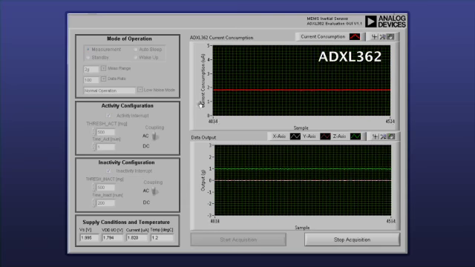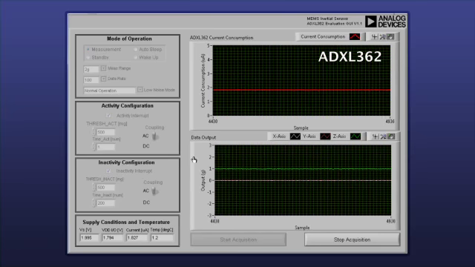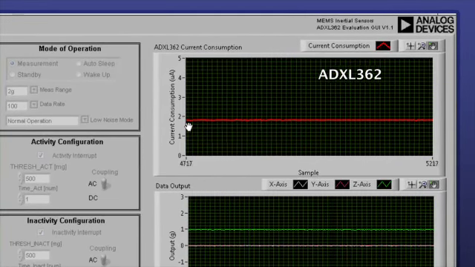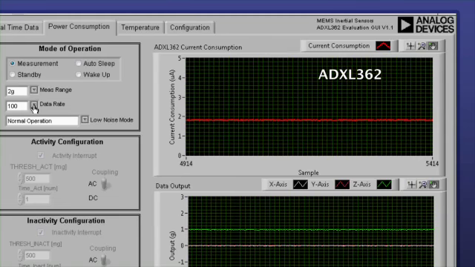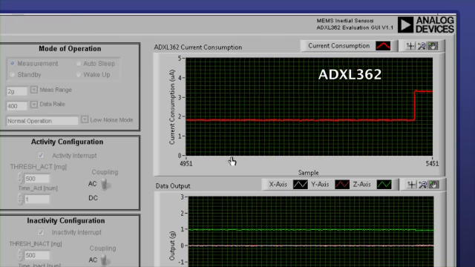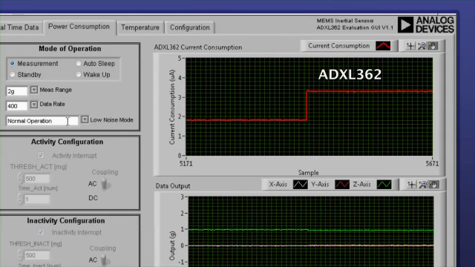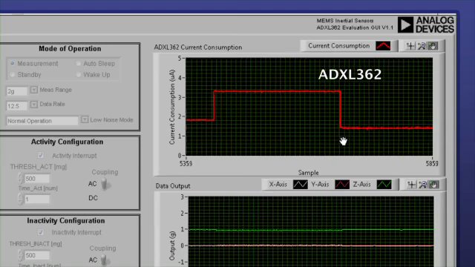I've got the 362 running here at 100 Hz data rate, and I've got the screen showing the current consumption here at the top, and just real-time output here at the bottom. So we can see at 100 Hz data rate, the XL362 is consuming about 1.8 microamps. If I bump the data rate up to 400 Hz, my current consumption comes up a little bit to just over 3 microamps. And at the lower data rates, so 12.5 Hz, current consumption comes down closer to 1 microamp,